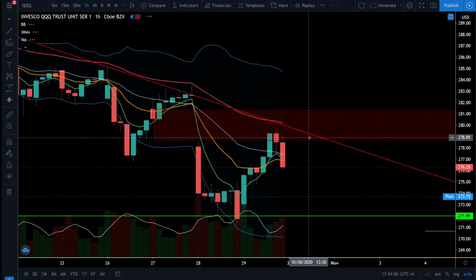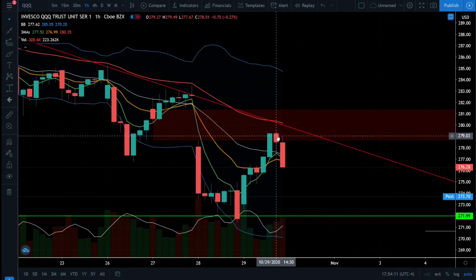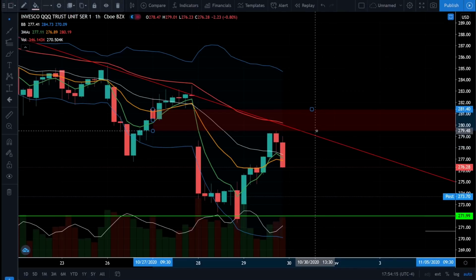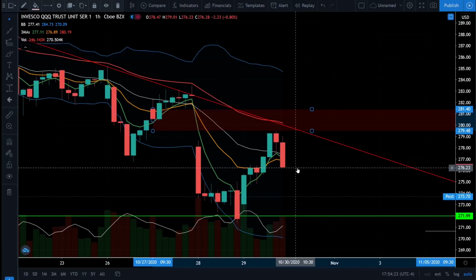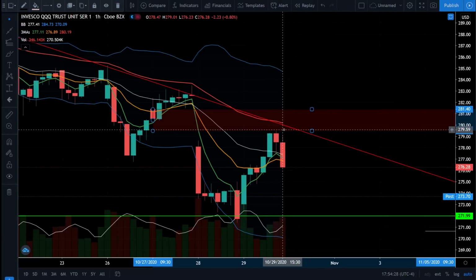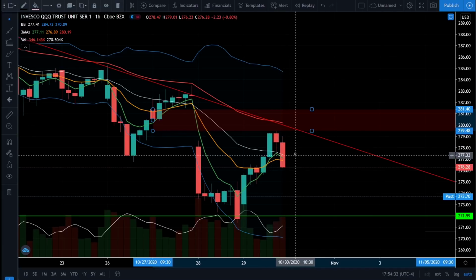So going over to a 1 hour chart, you can see that we did start getting up into this gap above. So we'll move this gap up, and we see that this gap is now shrinking. So the bottom of this gap is now a price target of 279, and we did close all the way down at 276. So we see in the last 2 hours of the trading day, we did see some volatility and some selling,